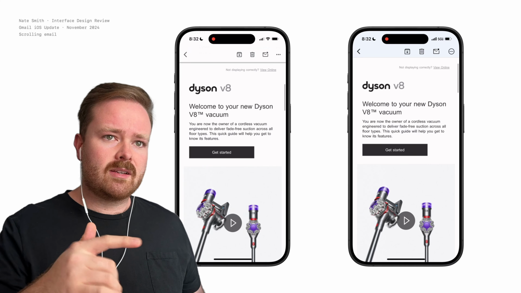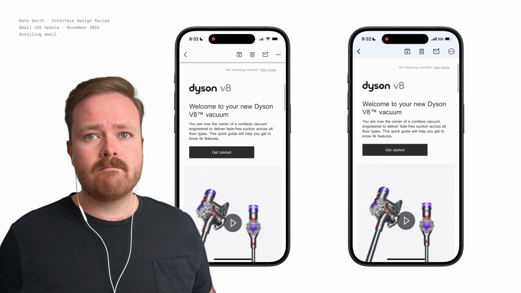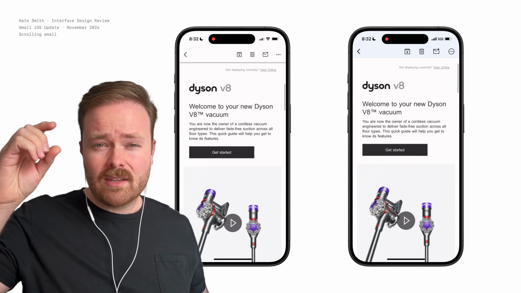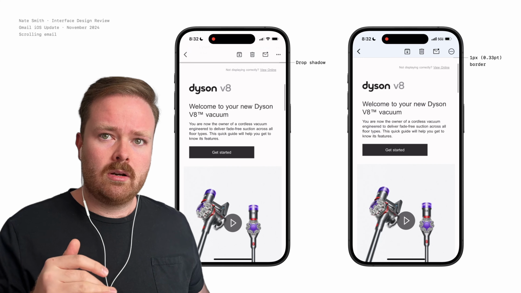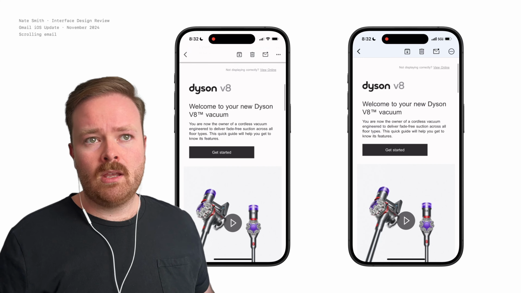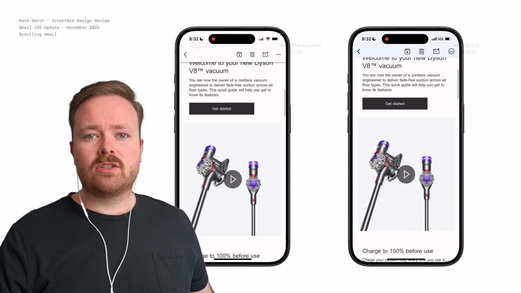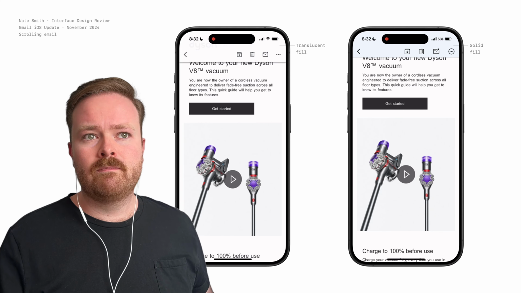Based on this new container style that I'm seeing, I'm guessing that they're now using the native navigation bar component. One thing that hints at this is the particular height of the nav bar, as well as the fact that it's using a one physical pixel border, where it used to have a drop shadow. If we scroll a little bit further, we can start to clearly see that the old one used a translucent fill, while the new one uses a solid light blue fill.